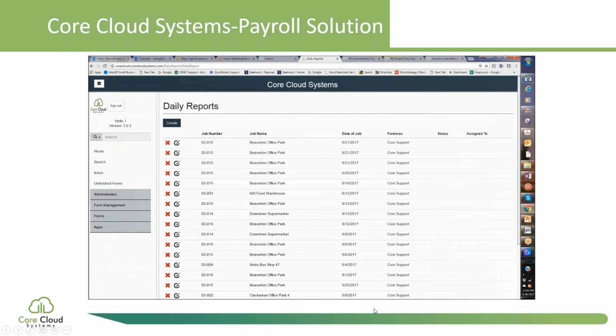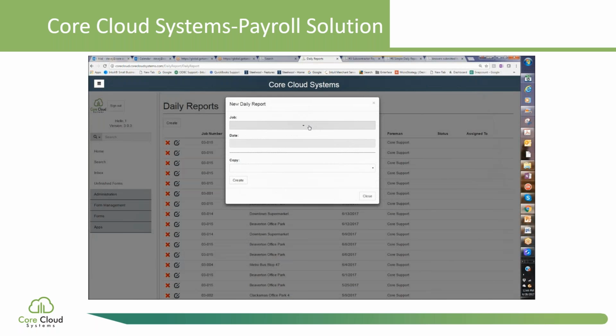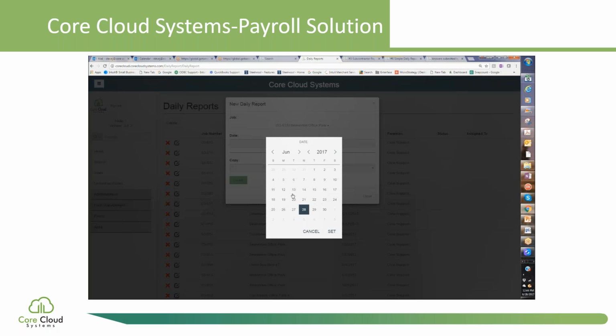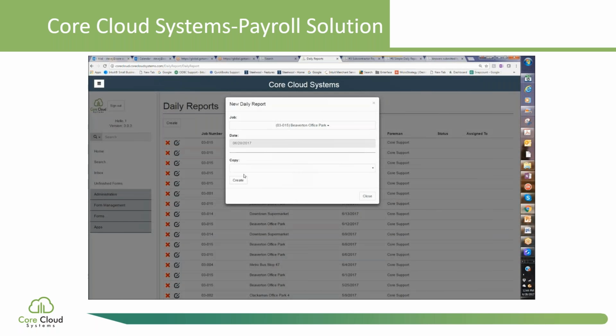So for instance, your PM goes in there, or your foreman goes in there. He selects his job. It's all integrated. He can put in the date. He could copy yesterday's if he had a crew on there. But in this case, I'm going to go ahead and quickly create time for 5 or 6 folks that are on my crew. So when I click create,